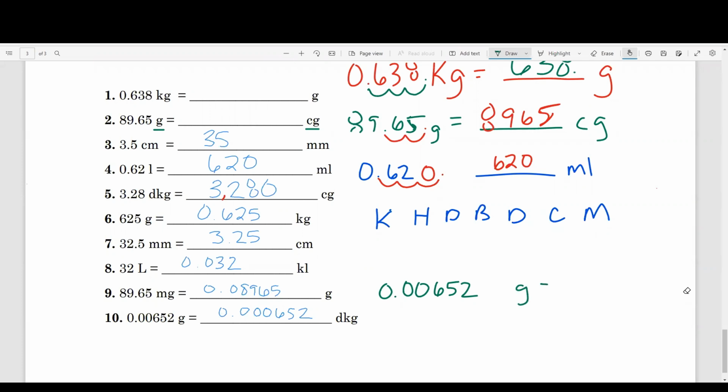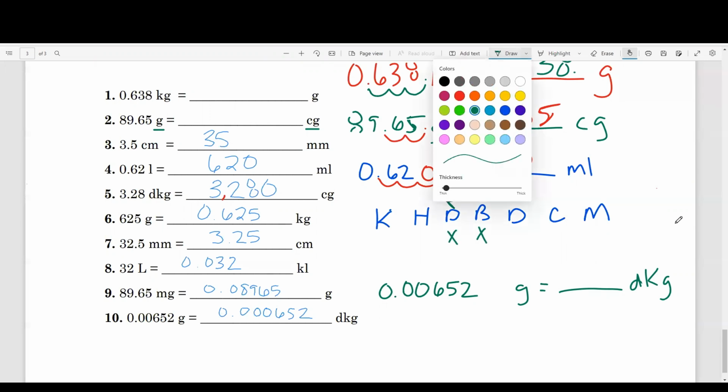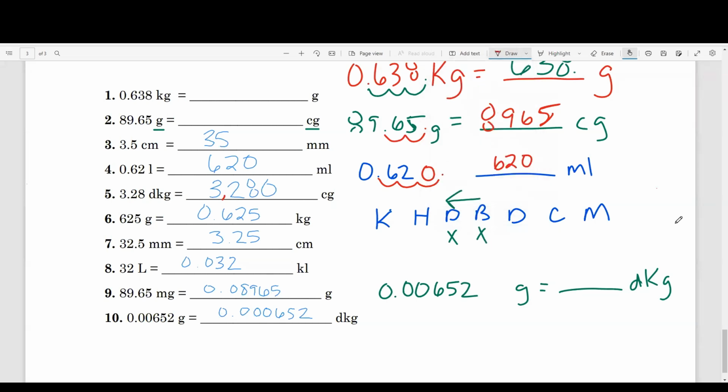All right, so we've got grams to decagrams. Go back to our prefixes. We are starting at our base because that's a gram, and then where are we going? To deca, that's it. So we just went one space to the left. We're going to do the same thing with our decimal. We're going to go once to the left. So that's how we got